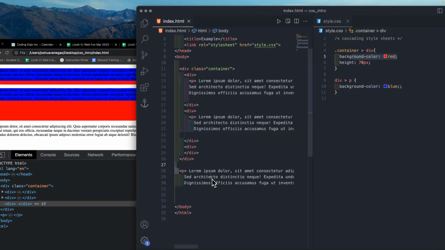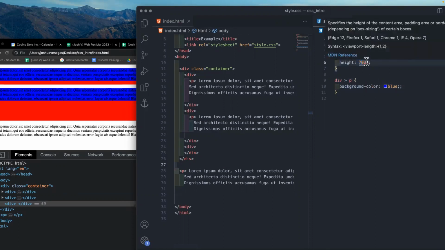This one living outside is not going to have that rule applied to it because it's a direct descendant of container, but it's not a div. Then the ones inside here, we say all the divs that have direct descendants, which are P tags, make their background color blue. So if we change it back to 40,